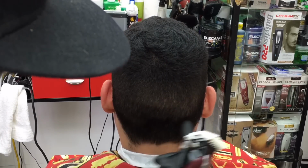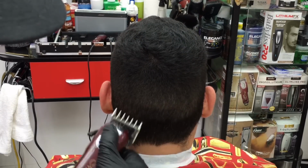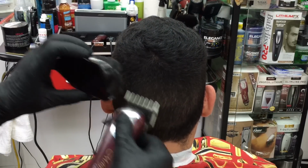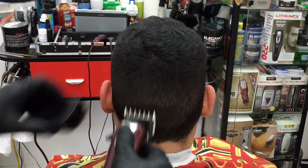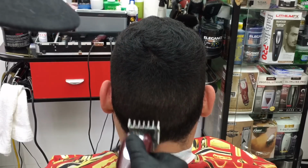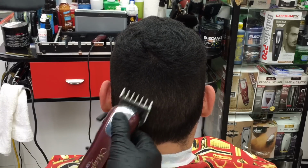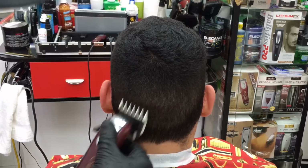Now we're gonna go in the back. We're gonna keep it right there. Notice also, it's closed. Notice that we're doing a smaller stroke, and as we go lower and lower, the stroke becomes smaller. And notice that I go from left to right, like I did 1, 2, 3, then 4 going back, and then 5. Then I go back 6 and brush, and I go back 7, and then I go back 8,